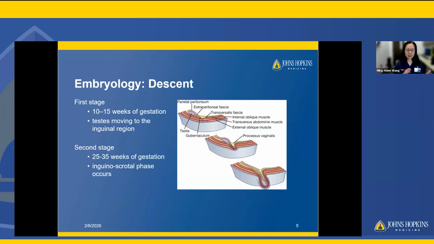Then, as the pregnancy moves along, the testicles start to develop and start to descend. The testicle starts out way up by the kidneys, and then travels to the inguinal region, and that usually happens within the first 10 to 15 weeks of gestation. The second stage, usually by the second and third trimester, is when the testicle starts to go toward the inguinal scrotal region. If you look at fetal testis descent and development, you're going to see